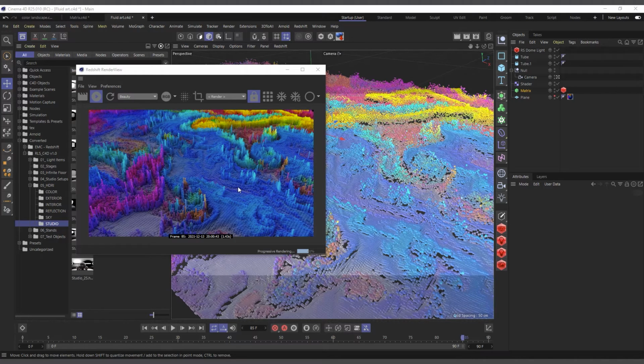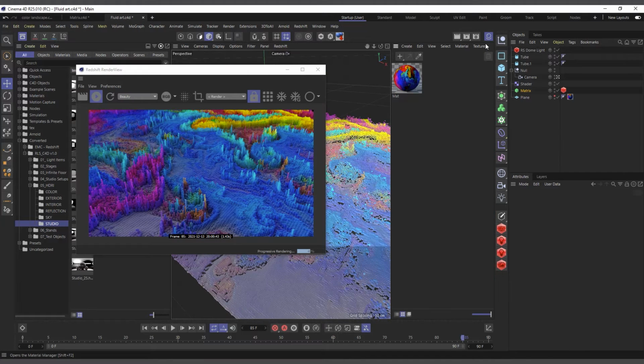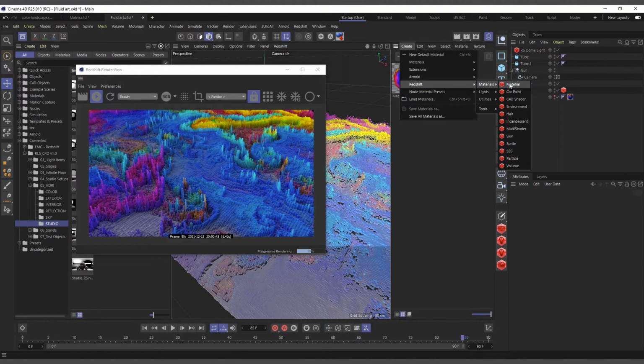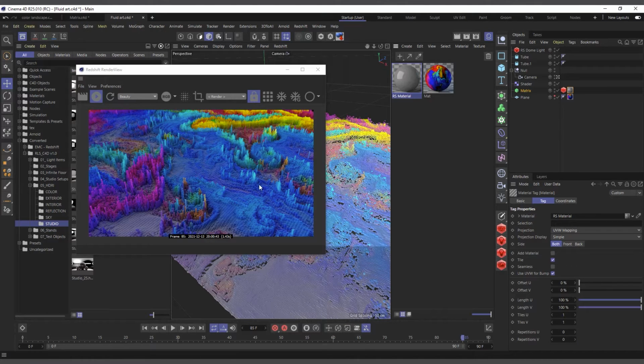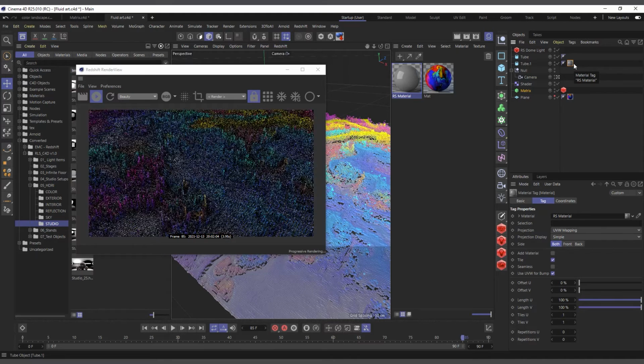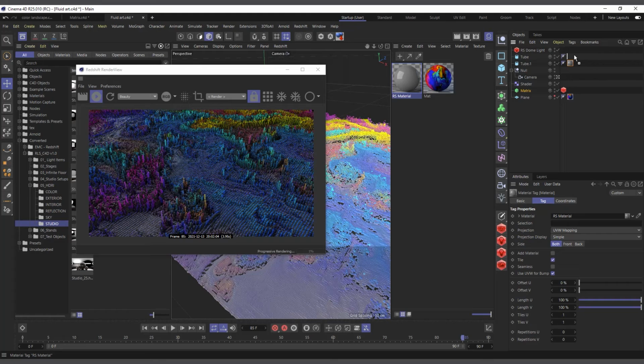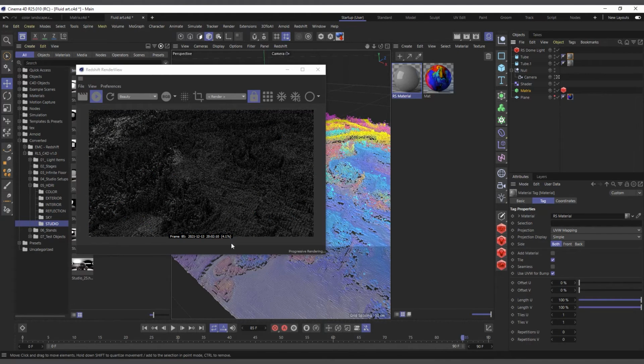Ideally this should be fine, but in case you want it to catch reflection and stuff like that, you need a material which has reflection and all those things, and to do that you have to create a material. So I'll come in here to the material manager, go to create Redshift, and create a Redshift material. If I drag it and drop it on the matrix object, nothing happens because it's already within the matrices. But if I drop it on the tube, let's hold on a bit, you can see it's changing. I'll drag it on the two tubes and you can see everything changes to the color of the Redshift material.